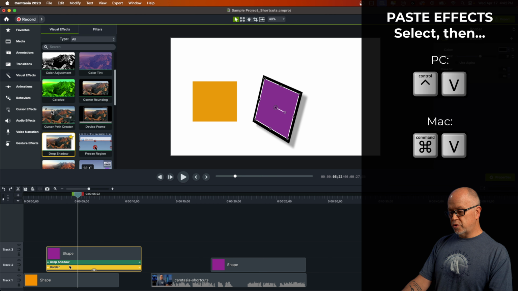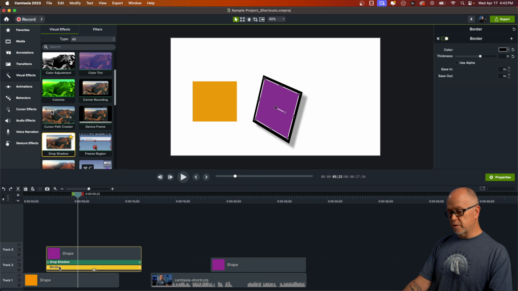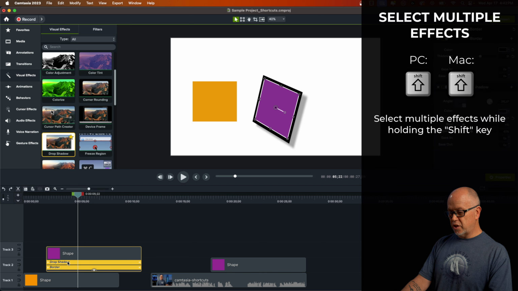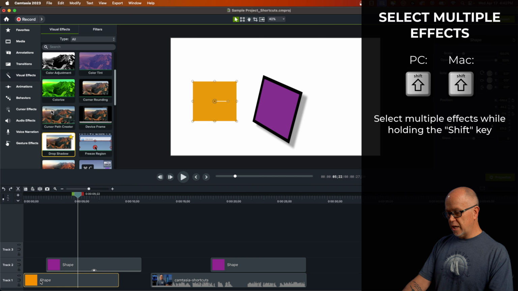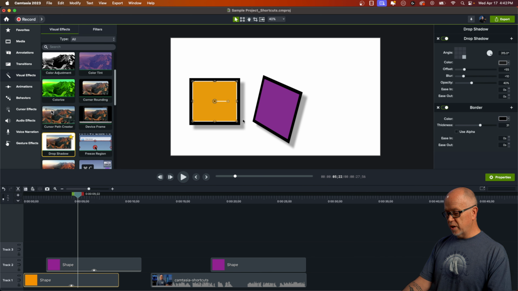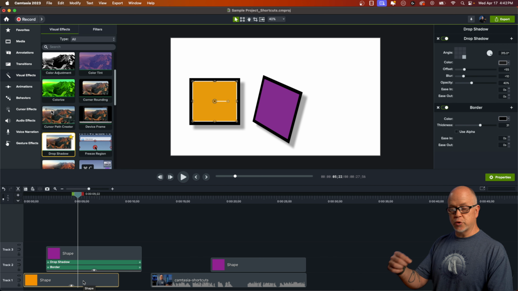Now, if we wanted to copy both of these effects, the border and the drop shadow, select one of them, hold down Shift and select the other, then go Control C to copy. Now highlight this shape, Control V. That pasted both effects, the border and the drop shadow. Okay, so just remember you have to highlight the effects, and then you can copy the effects from one clip to another the same way as you would copy actual clips from one to the other with Control or Command